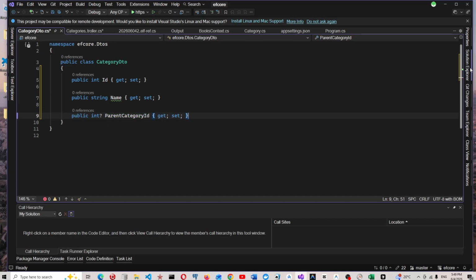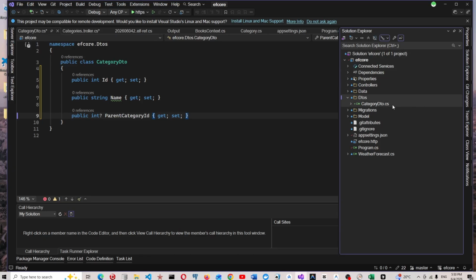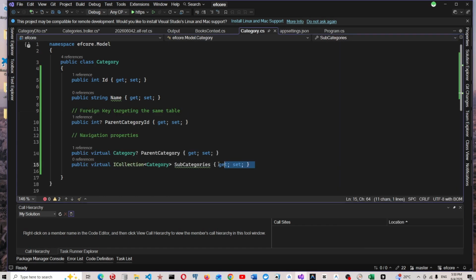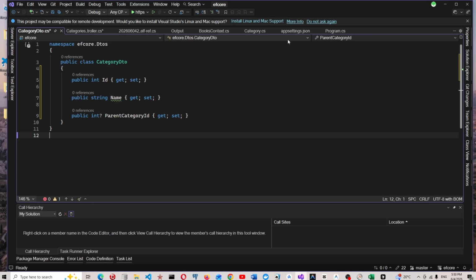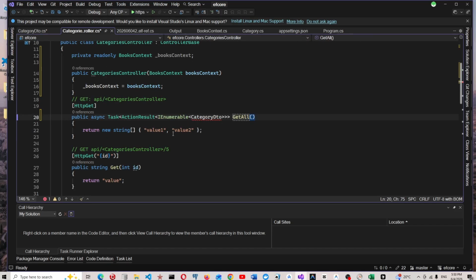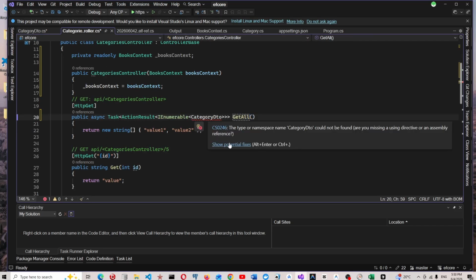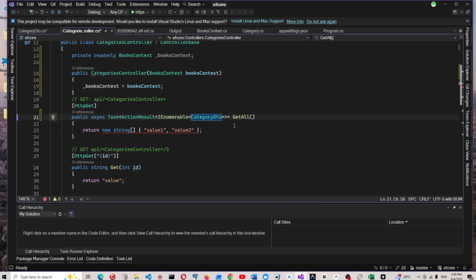And so this DTO will not return its collection of subcategories, and the parent category type will not be shown in the CategoryDTO. So using these details, we'll get with the